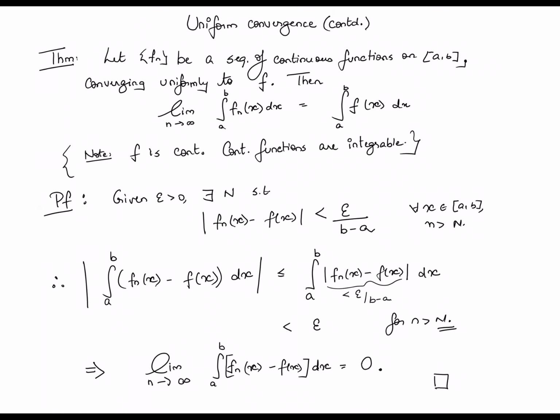So moral of the story, when you have a sequence of continuous functions which converge uniformly to a certain limit, in that case the limit of the integral along the sequence is in fact going to match the integral of the limit. All right. So now, having proved this statement, we are now going to define the notion